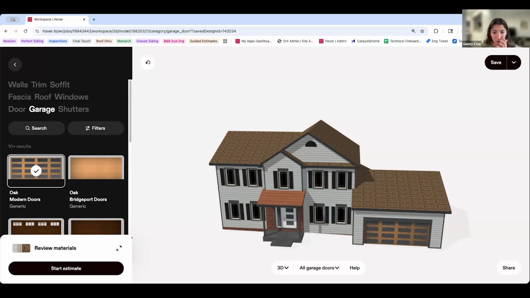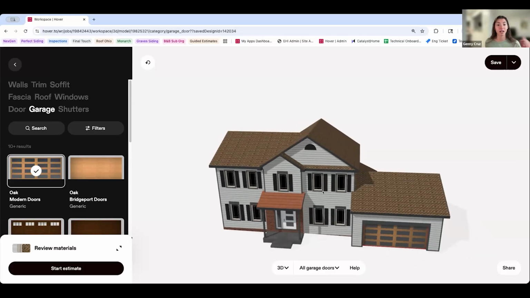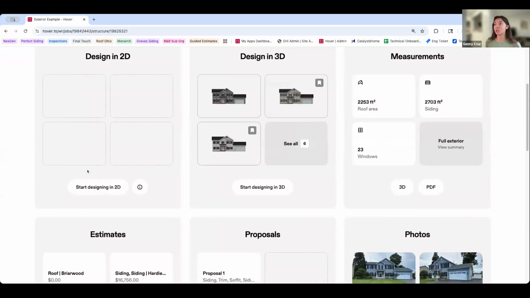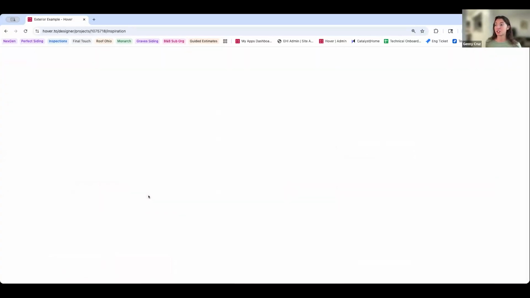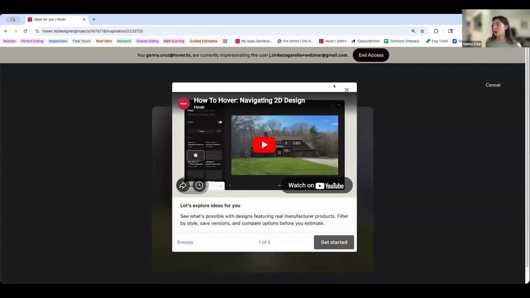So I saw a question. Can I create an estimate if I only capture the pictures and Hover without measurements yet? No. So the measurements are pretty crucial for this 3D to estimate, right? To create an estimate, we have to have those measurements. But what you could do if you still want to give a visual to a homeowner is you can create a design in 2D. So all you have to do to design in 2D is upload one photo of a home,